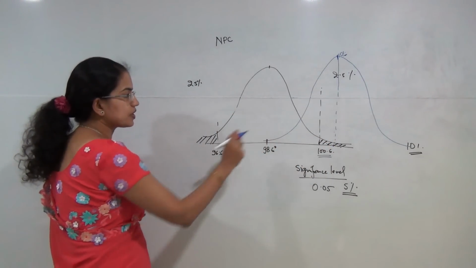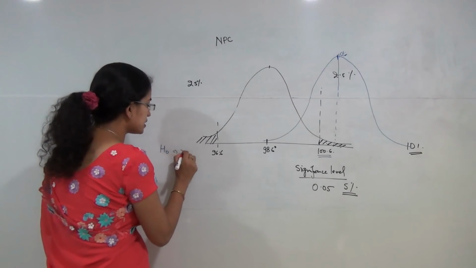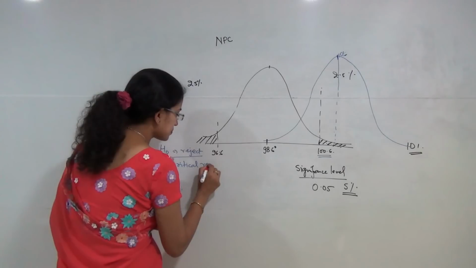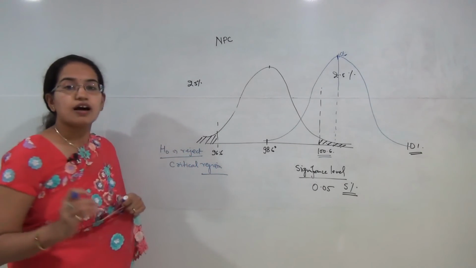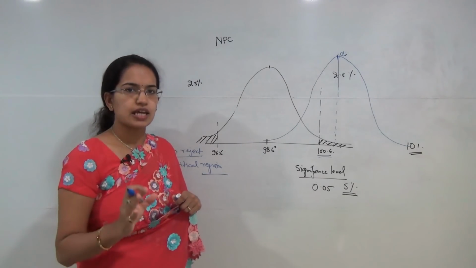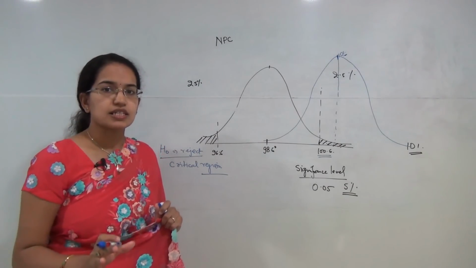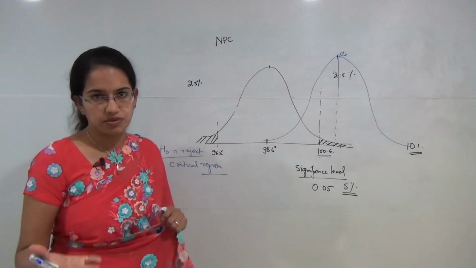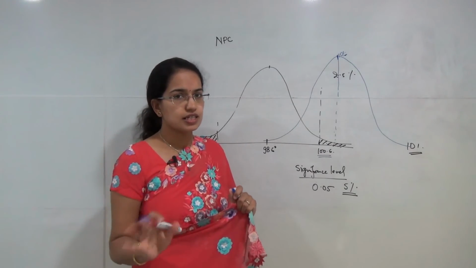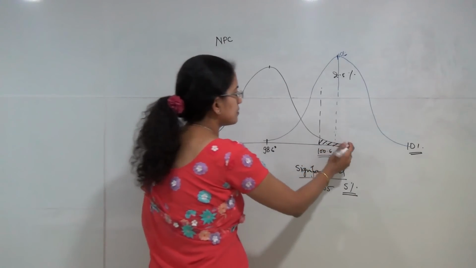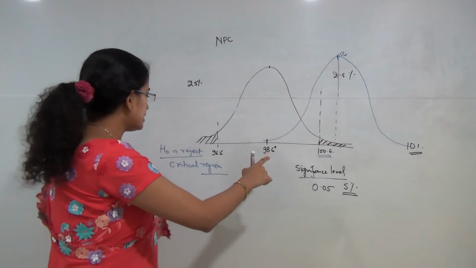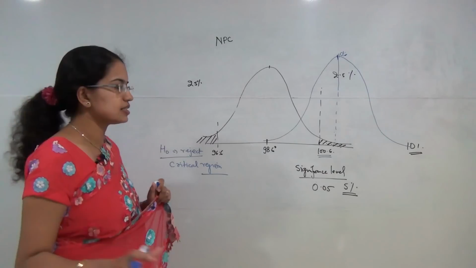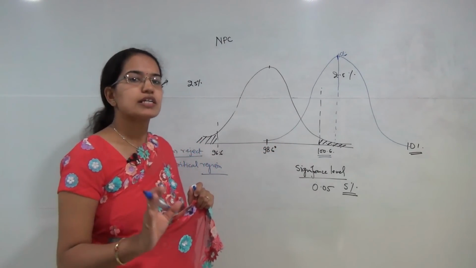That means my null hypothesis is being rejected, since the value is lying in the critical region. So if I have a 5% case where I can say the boy is running a temperature, that could be due to chance or due to an error. Let's say the thermometer is faulty, or there could be any other reason that could be explained. We are saying the value is lying in this region, so that is when I reject the null hypothesis, and my value lies in the critical region. That is what is alpha or type 1 error.